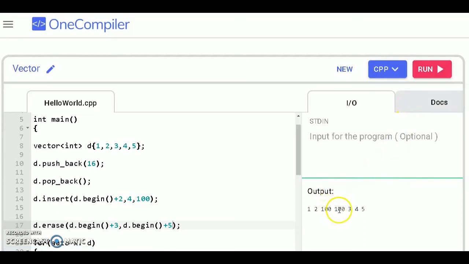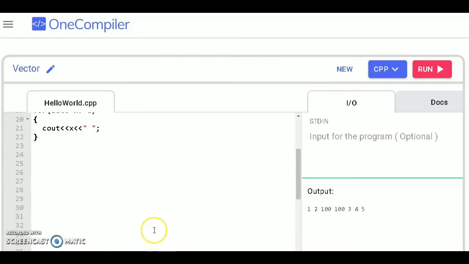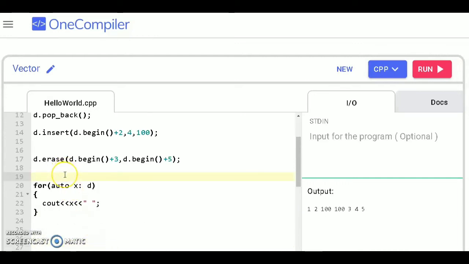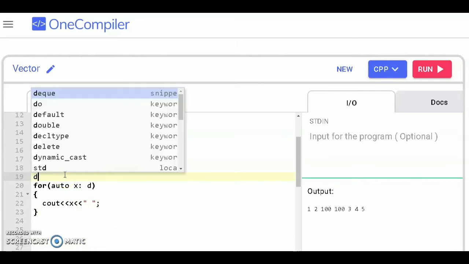So you see from 3 to 5 all elements are removed, and the time complexity for this erase function is order of n. And one another function, that is d dot size, and this is used for counting the number of elements in the vector.